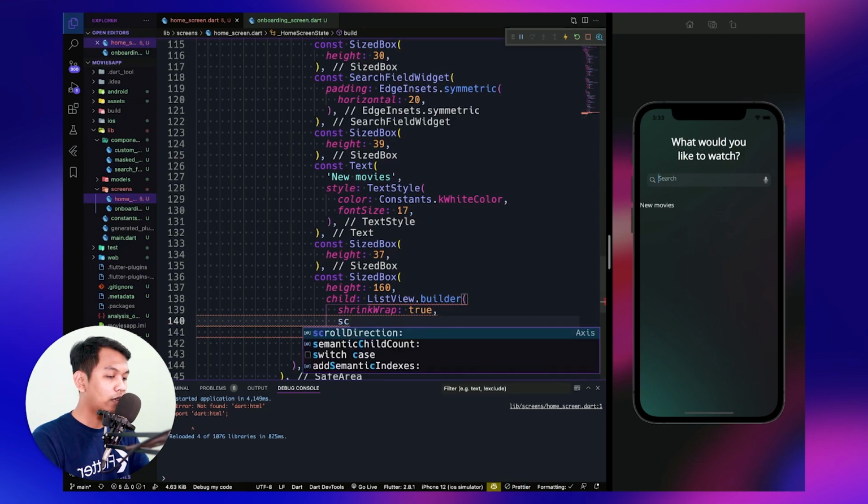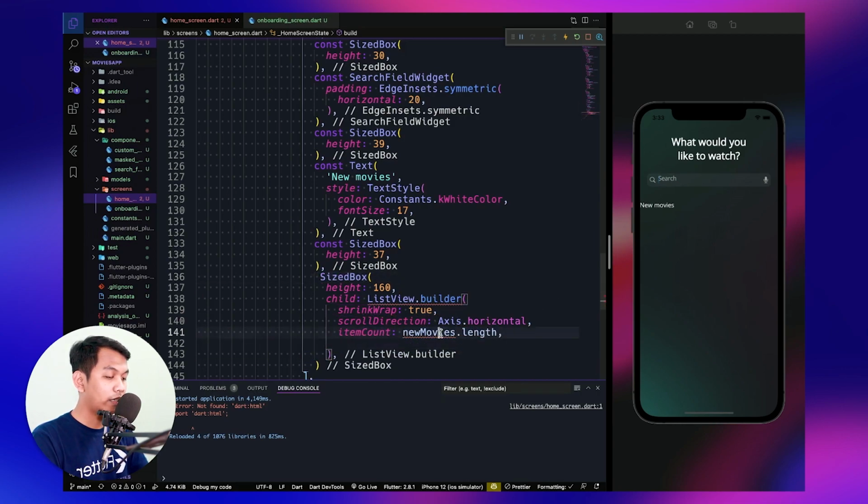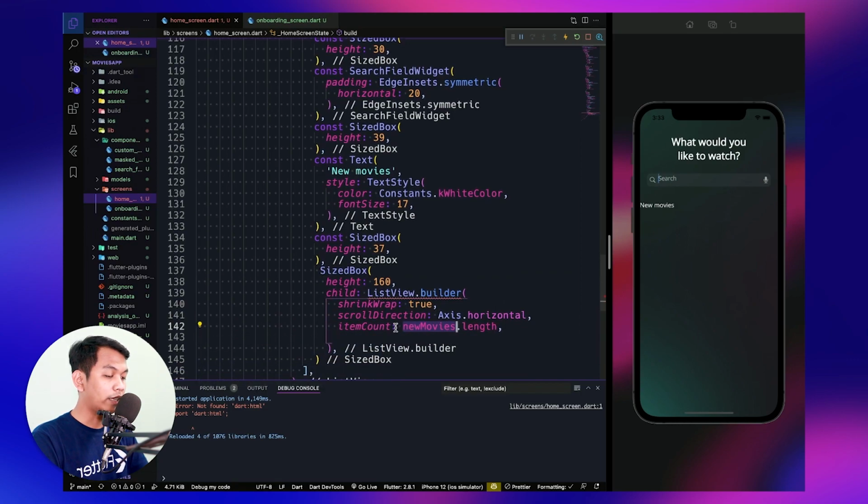And for the scroll direction, we will say axis.horizontal, and for the item count, we will say new movies dot length, and we remove this, and this new movies come from our model.